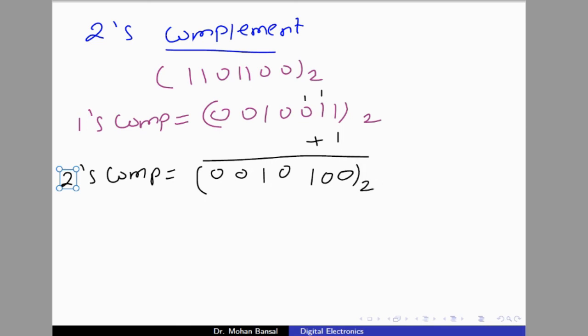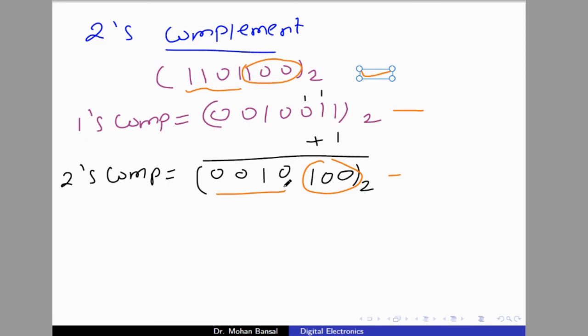So here we have three numbers. One is n, second one is the 1's complement, third one is the 2's complement. So if we observe here, for the 1's complement we just replace 1 with 0 and 0 with 1. But for the 2's complement, you can see that the trailing 10 is similar to the 10 in the original number, and the left side bits 1101 are replaced by 0010. That means 0 is replaced by 1 and 1 is replaced by 0.